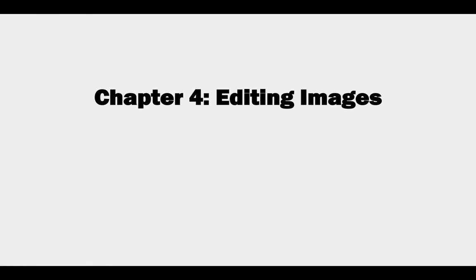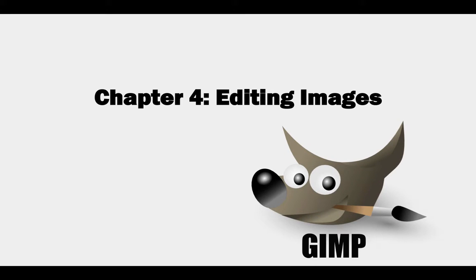Chapter 4 is entitled Editing Images and illustrates how you can use images in your presentations, as well as how to modify them with the free program GIMP to make them suitable for a presentation. In the book, I illustrate it with pictures of the first working mechanical calculator, first built in 1642.